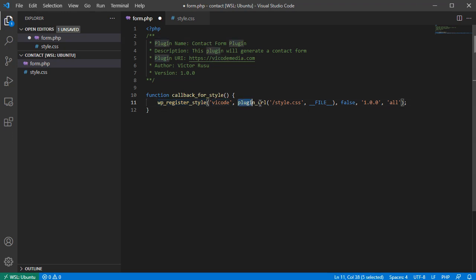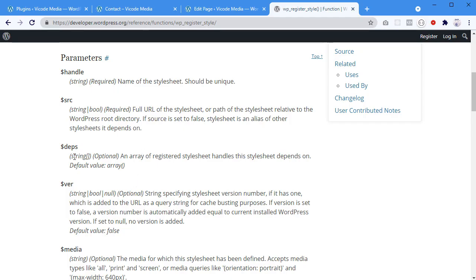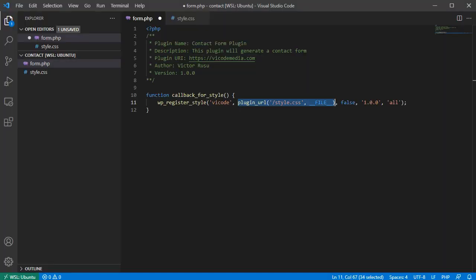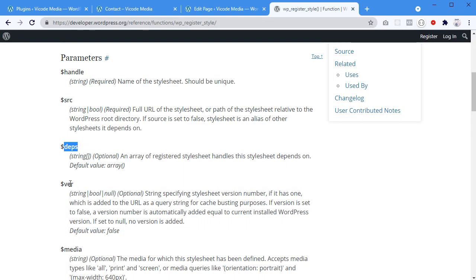So this is the handler, this is where the file is. That's how we detect the plugin URL and then the file. And then we have style sheet dependencies. This is optional, so I just put false. We don't have any dependencies. Dependencies usually means we have other CSS files or JavaScript files that depend on each other. So this is where we add the dependencies, and as already said, this is the version you see here, and